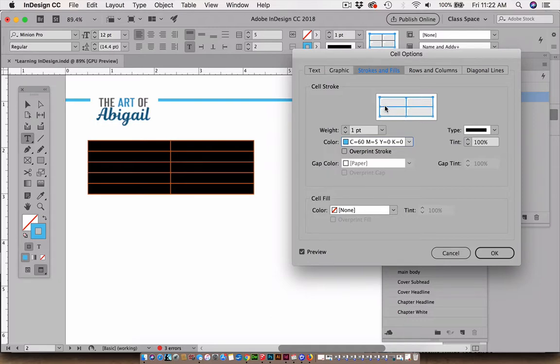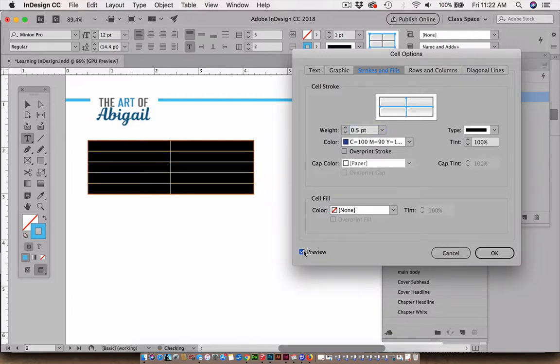And also, if I click, they should all be changing. See how you can click on these outside edges? You can actually turn off some of these and only change the ones that are highlighted. So if I don't want the outside to change and I only want the inside lines to change, I would believe that is what should happen now. And I'm going to now change the color. That worked, okay? And now I want it thinner again, 0.5,